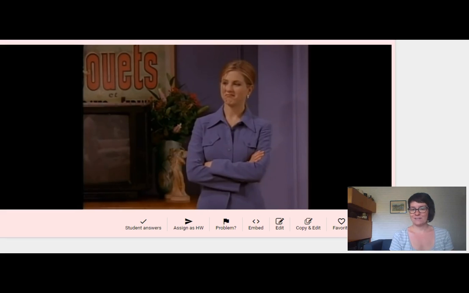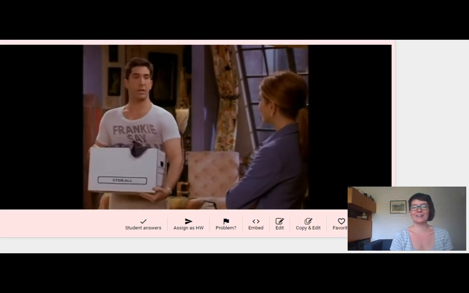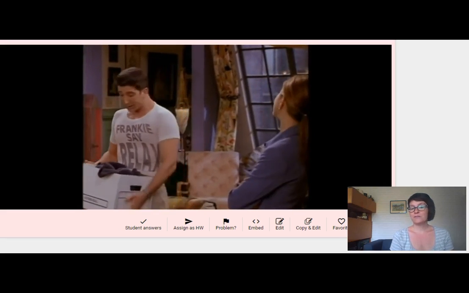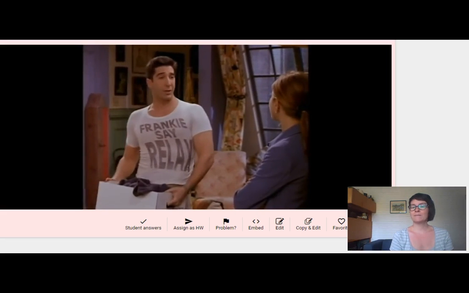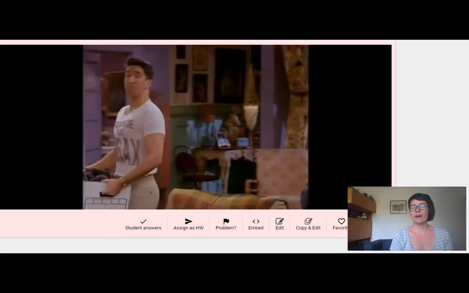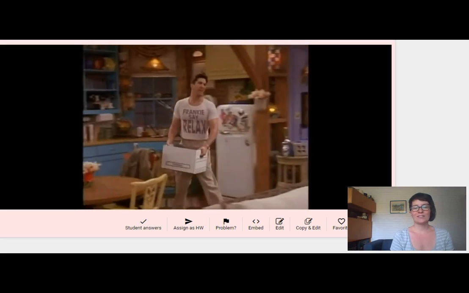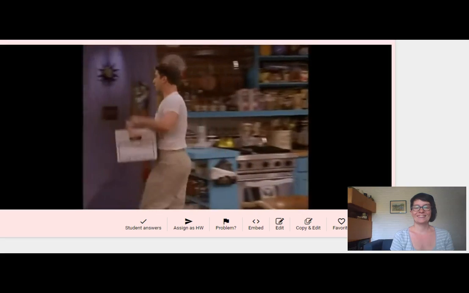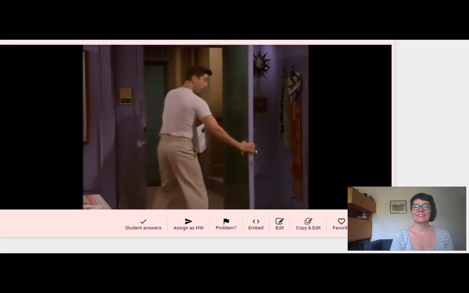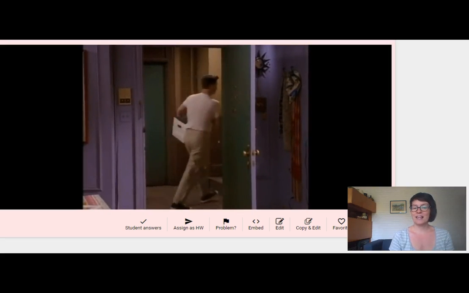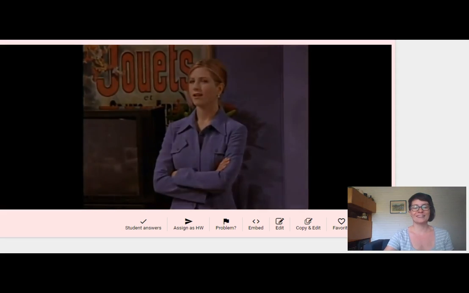Right, relaxed is very far from how they look. Although Ross appears to be all right, or maybe he's trying to appear to be all right as he's walking out the door, which he does not slam. Interesting. Okay, so hopefully you've got your sentences in your head.